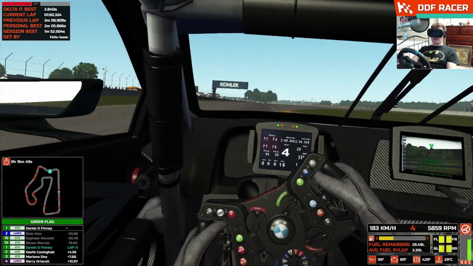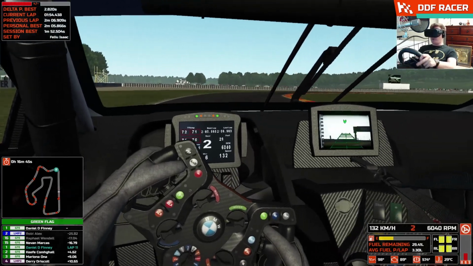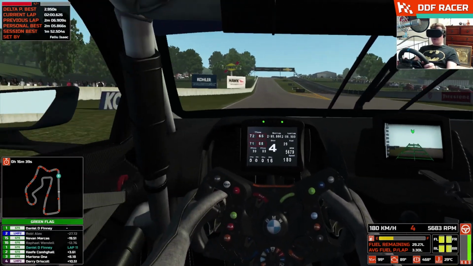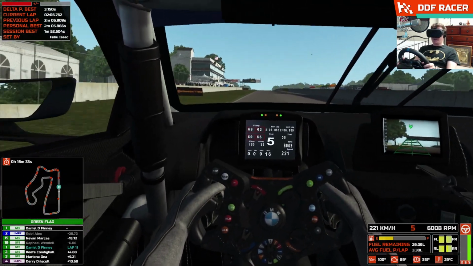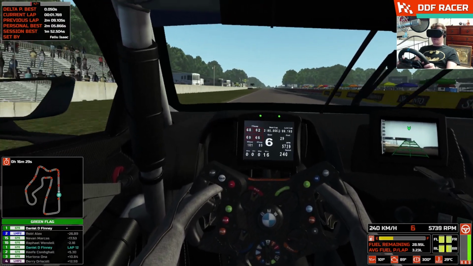Now obviously I can't see the overlay in VR that you can see, which shows you the delta time to my best time in the top left of the screen. So I'm probably going to be in for a little bit of a shock when I cross the line here. 2:05 is my best time, usually running at a mid 2:06, but this is probably going to be a 2:07 I imagine. Well, that was a